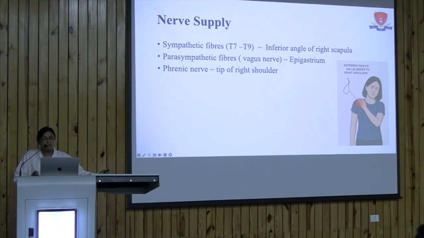So the gallbladder receives sympathetic innervation from the T7 to T9 spinal segments, often resulting in referred pain to the inferior angle of the scapula, as it is supplied by the somatic fibers of the same spinal segment. The parasympathetic fibers from the vagus nerve contribute to the epigastric pain, while the phrenic nerve is responsible for the pain typically at the shoulder. With that, we conclude the anatomy of the gallbladder,